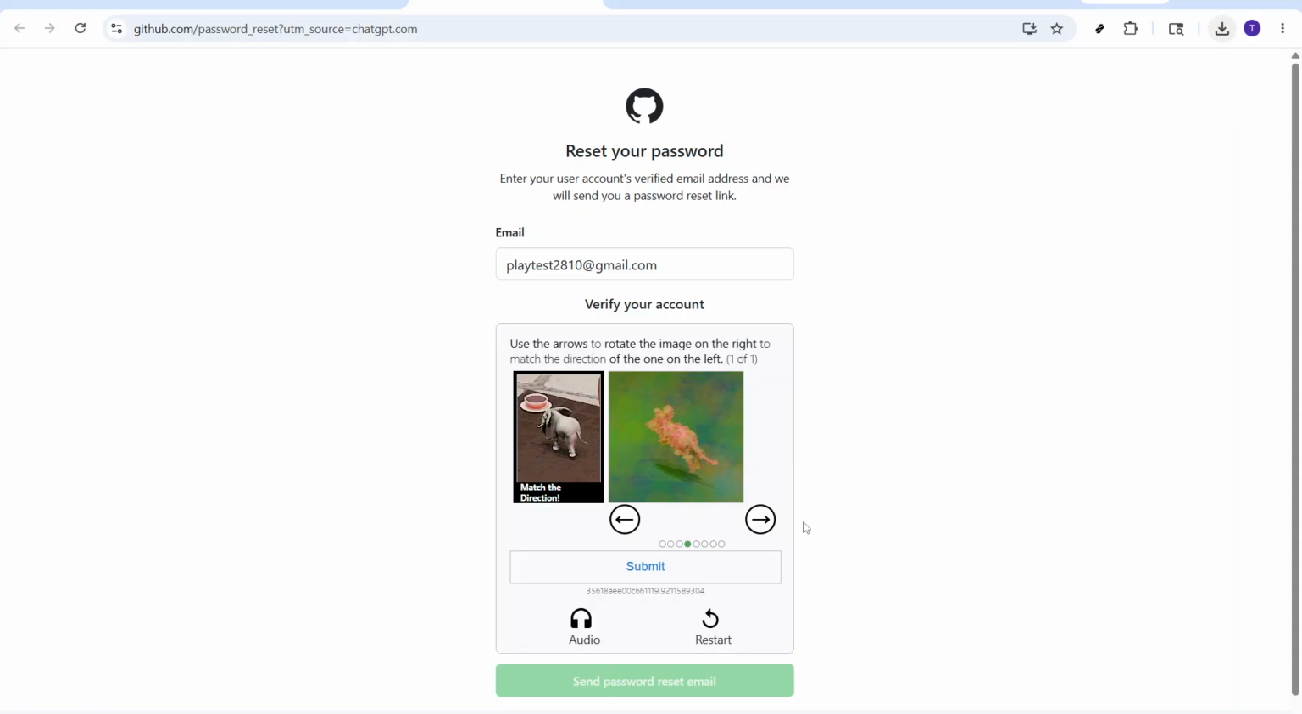First things first, you'll want to navigate to the password reset page for GitHub. You can do this by typing GitHub password reset into your search engine, or accessing it directly through GitHub's official website. This is the starting point for resetting your password, so it's important to ensure you're on the correct page